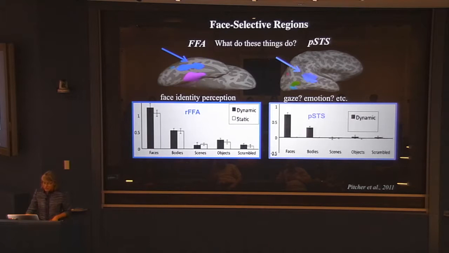But then David Pitcher's experiment found something else pretty cool. So what we'd had was we just made these movies because we were scanning kids, and we thought, well, that's nice. They're more fun to look at. And then everybody found them more fun to look at, so we just used them as our standard way to identify these regions. But early on, we wanted to make sure that you pick out the same regions with movies that we'd been picking out previously with stills. So we took the movie clips that were just little 3-second clips, and we took three 1-second stills from each 3-second clip, and presented those in the static condition here. And as you can see, the fusiform face area doesn't give a damn. Like movies, stills, it's all the same. It doesn't care.